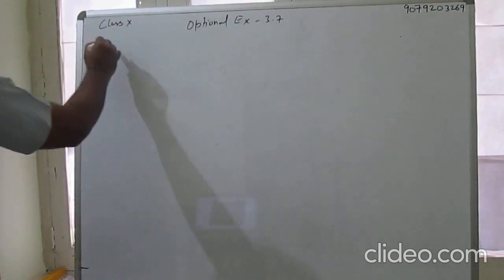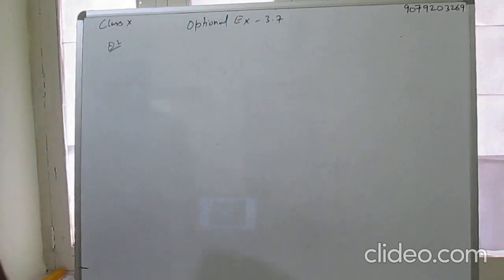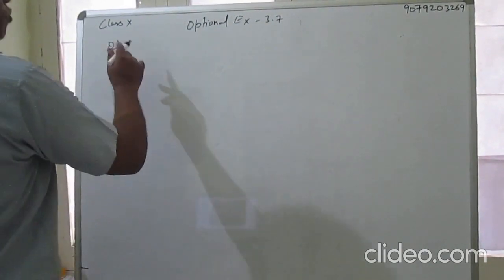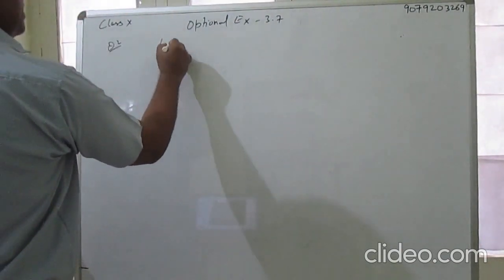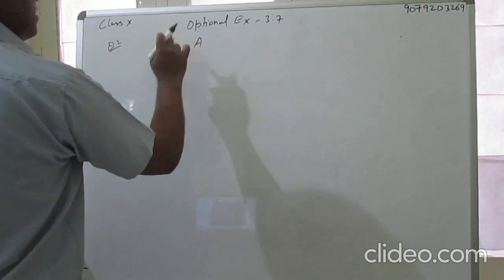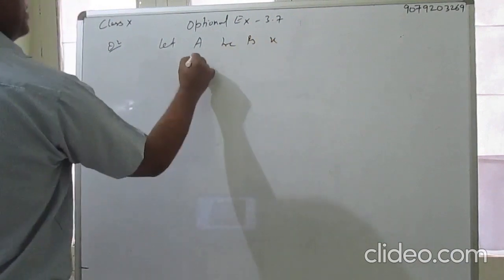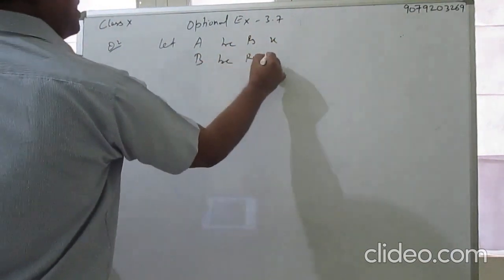Question 2. One says, give me 100, friend, and I shall become twice as rich as you. The other replies, if you give me 10, I shall be 6 times as rich as you. Tell me the amount initially. You can take two friends. Let the first friend be A. Let A have rupees x and B have rupees y.